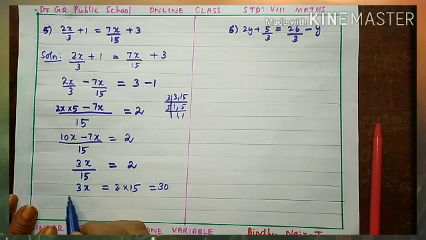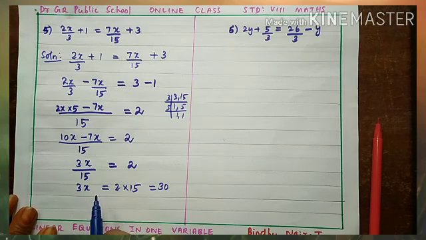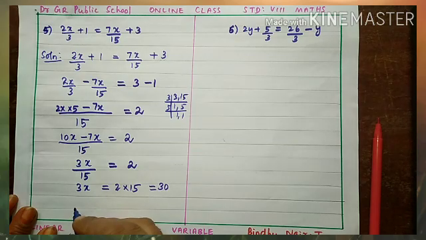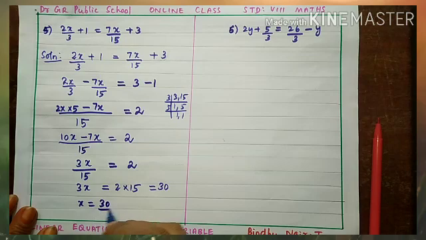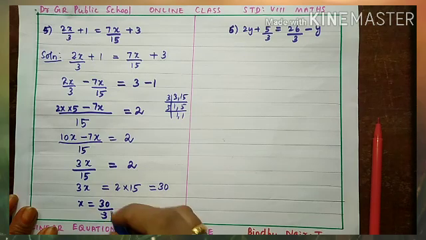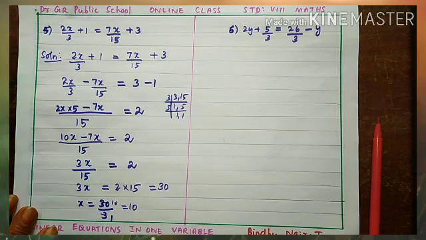So what do we want to transpose now? Yes, we have one 3 here and it is 3 into x. So when transposed it becomes division. So next step we are having x equal to 30 by 3. And what is 30 by 3? Yes, 1 3 is 3, 10 3s are 30. So answer is 10. Thus we got the value of x, therefore x value is 10.